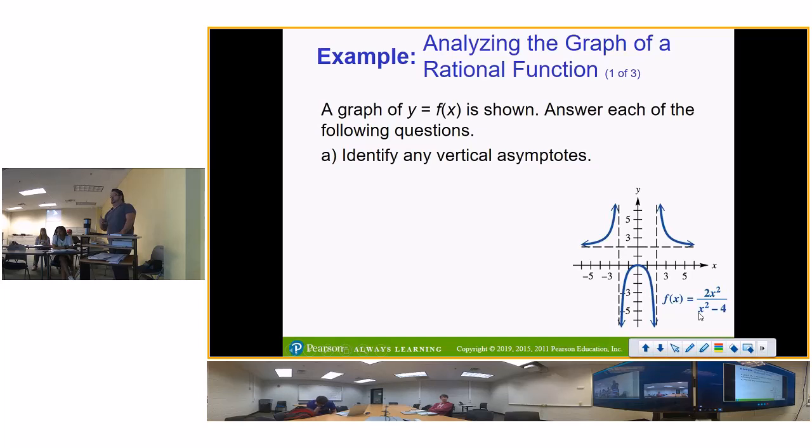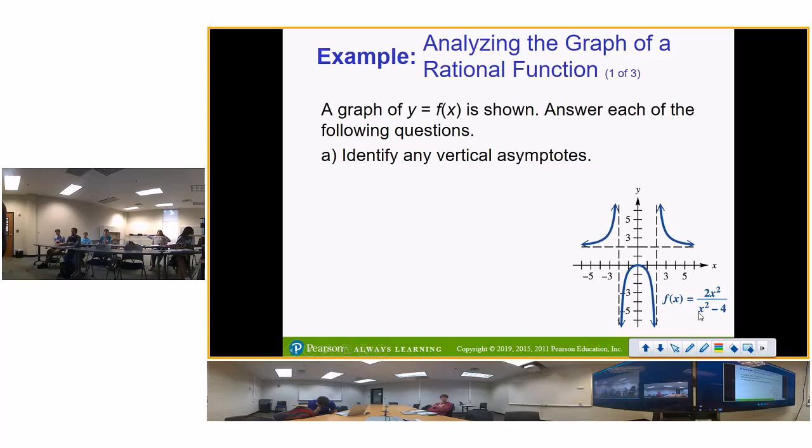Asymptote. Now, find your vertical asymptote. Vertical asymptote is